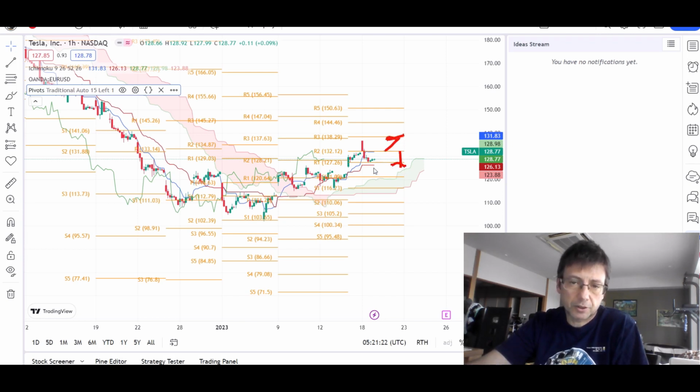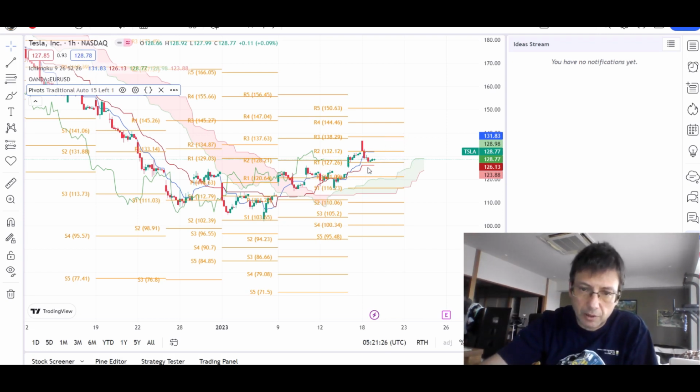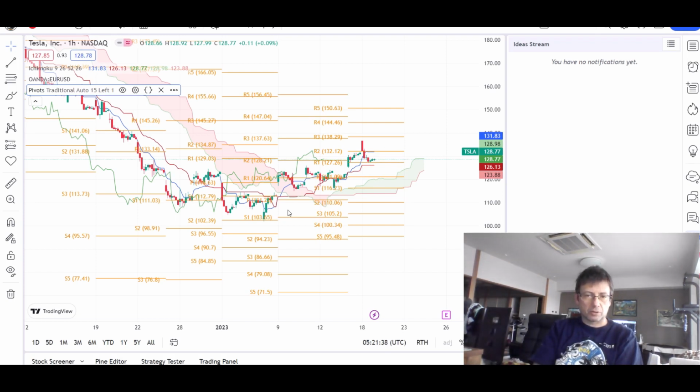So investors can buy when it hits this line, and buy again at this line, and again at this line. So if it goes down, you buy more and more. So always start with a small amount, and then a little bit more, and a little bit more. For the day traders,